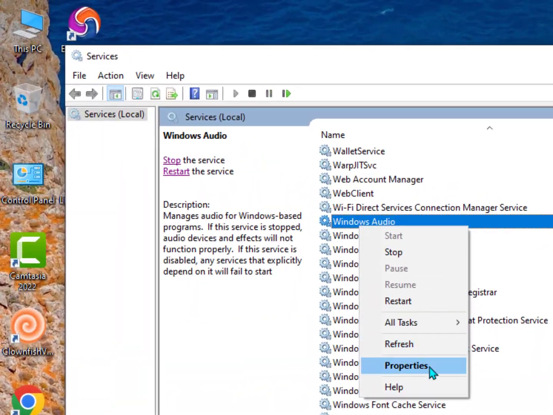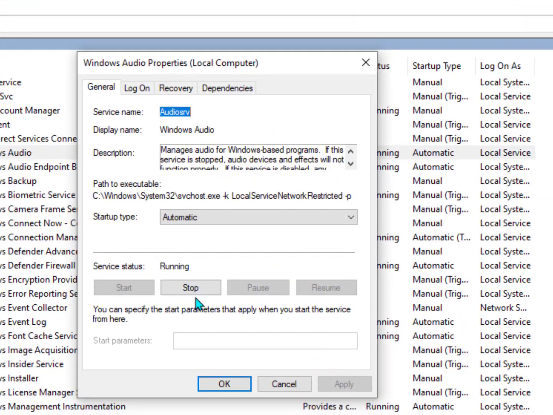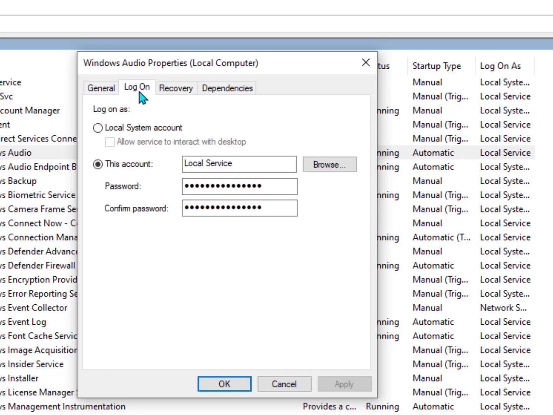But if it's running but not responding, then right click on it and go into Log On. Now you can see I have selected here Local Service. If it's not running, then you need to select here the Local System account, then allow service to interact with desktop.